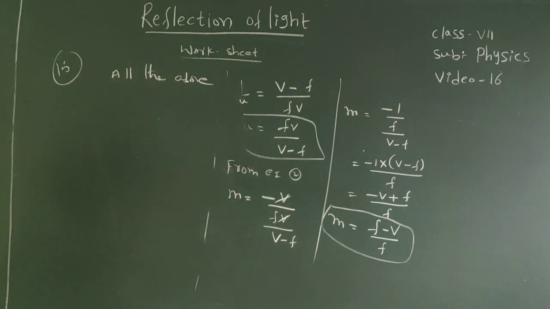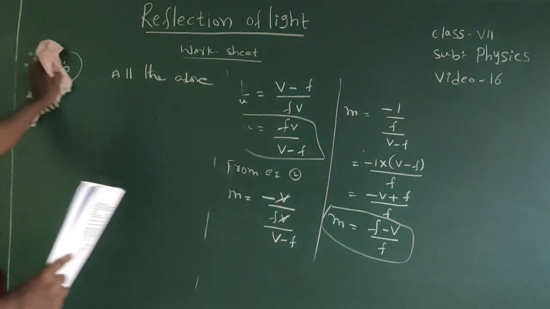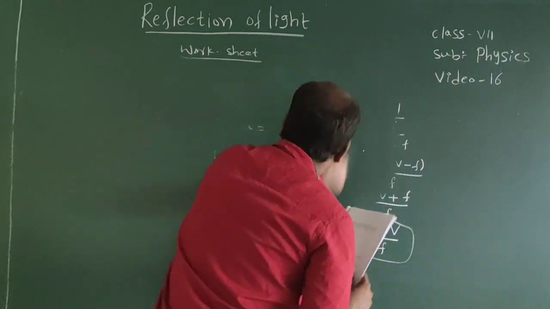Next, an object is placed on the principal axis of a concave mirror of focal length 10 centimeters at a distance of 8 centimeters from the pole. Then the position and the nature of the image is...